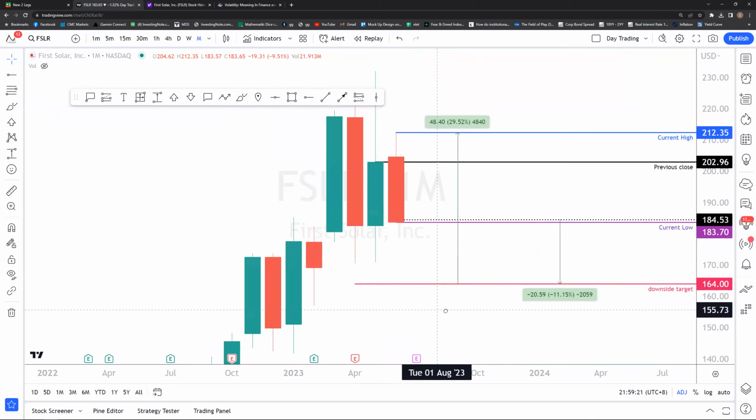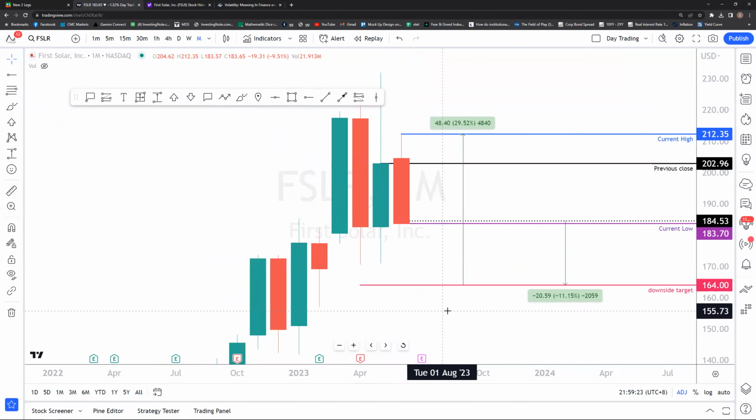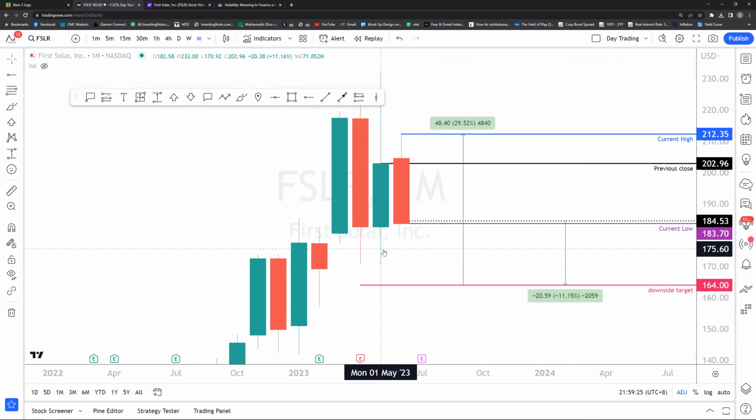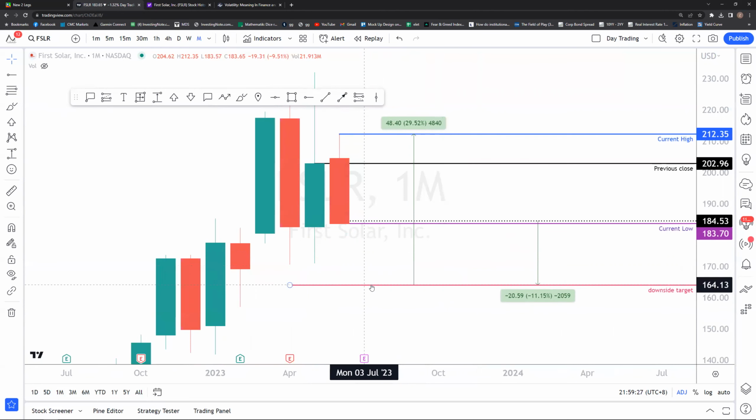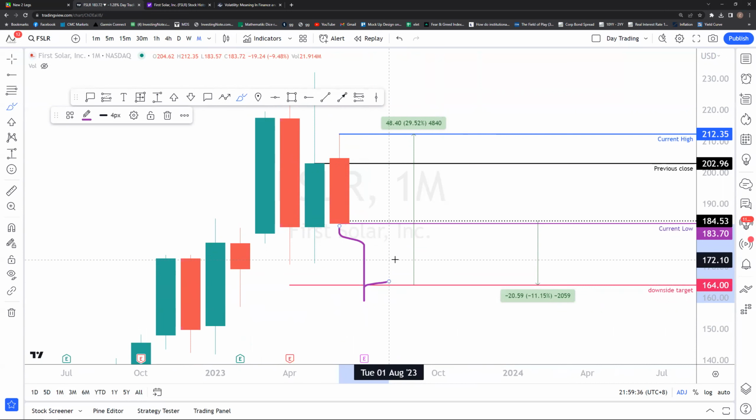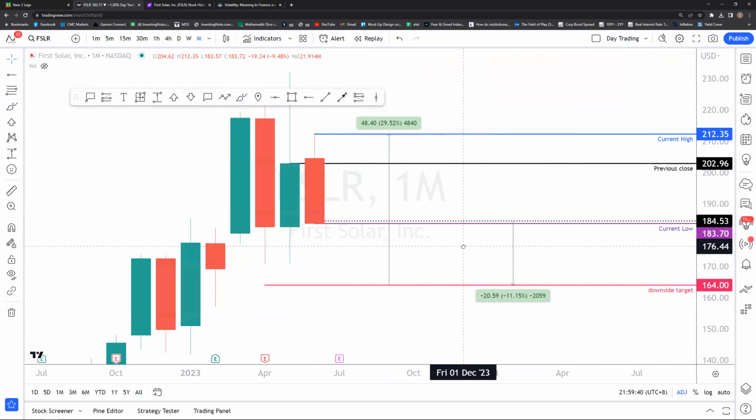So from a high to low perspective, the probability is a lot higher. From a close to close perspective, the probability is a lot lower, mainly because it can actually go and hit here, but end up recovering and closing at that level. So now let's take a look at it